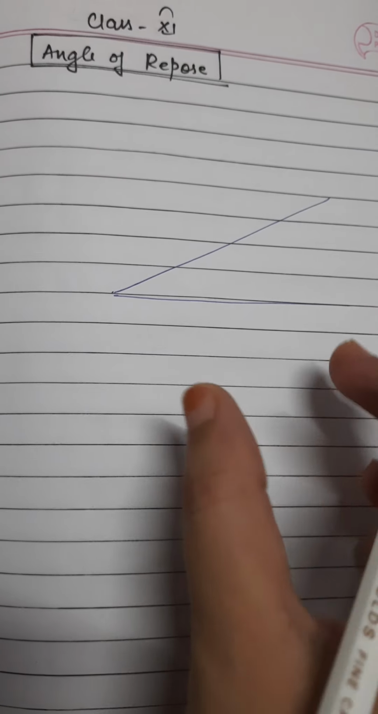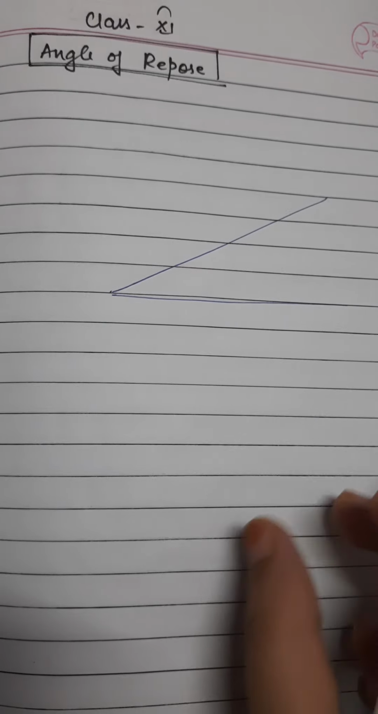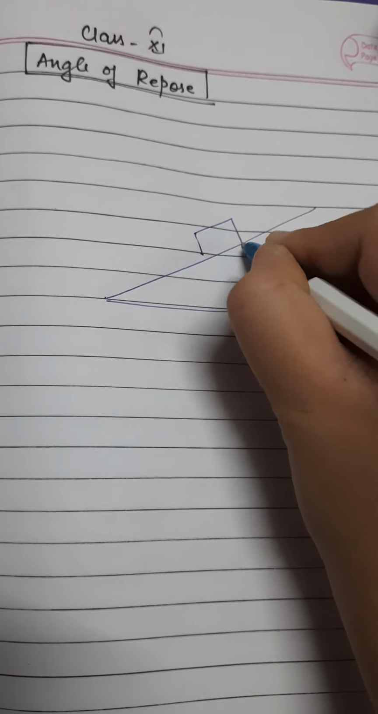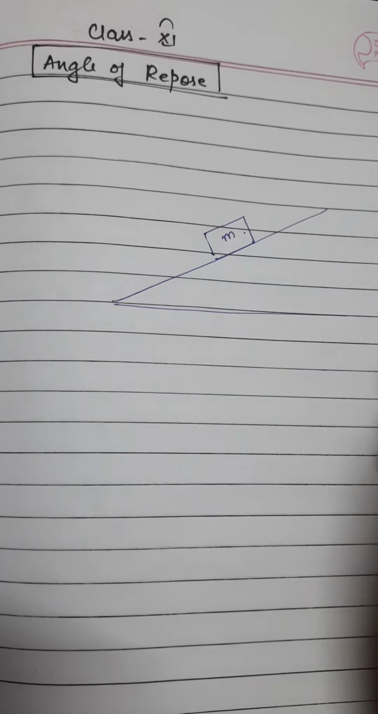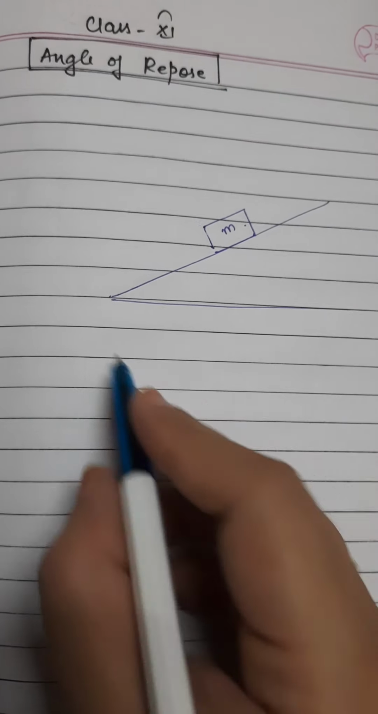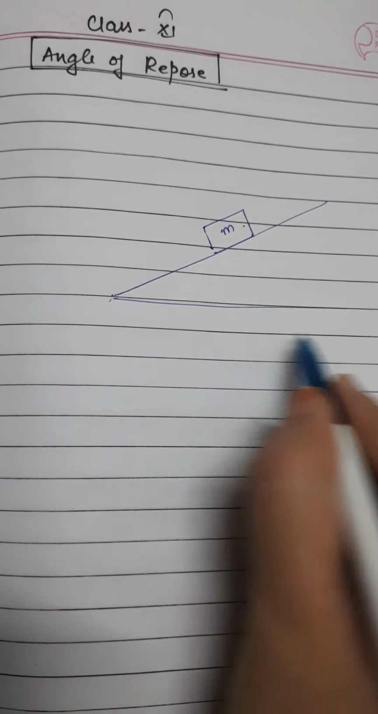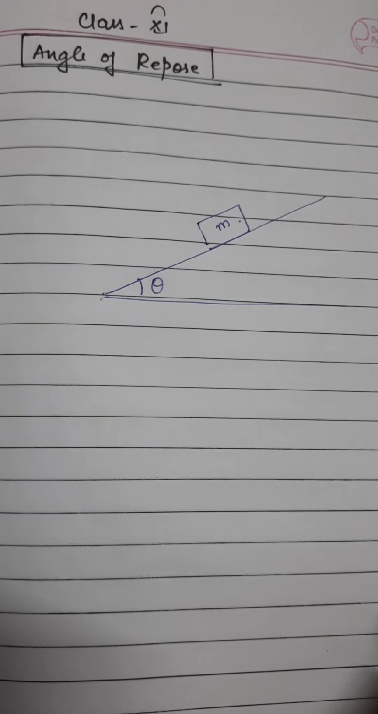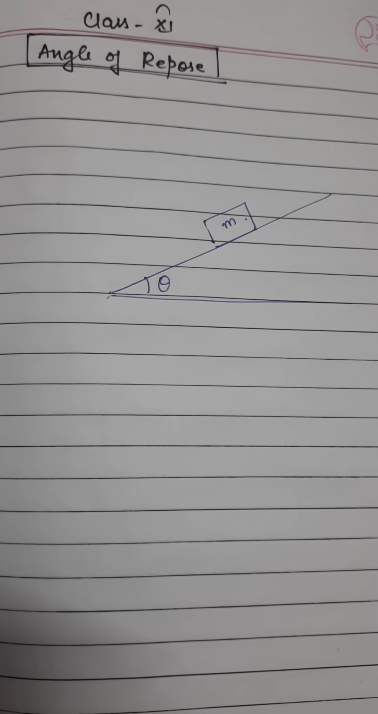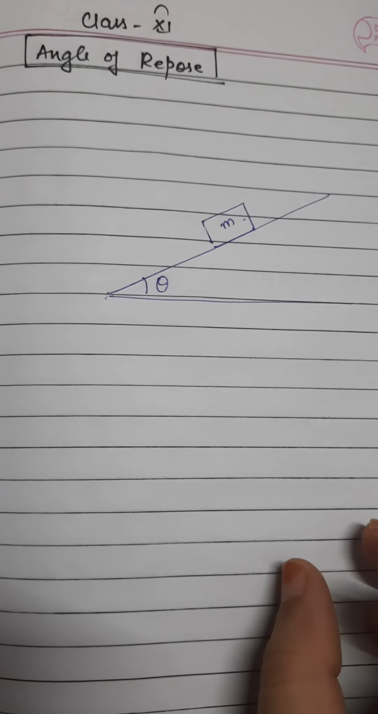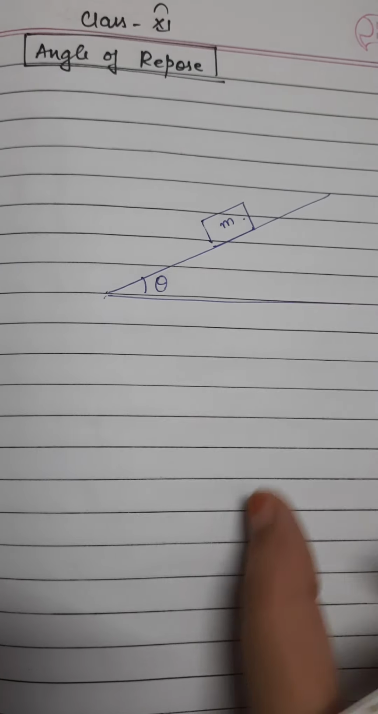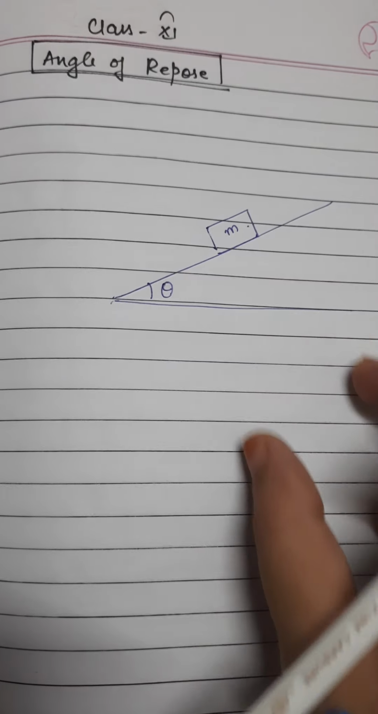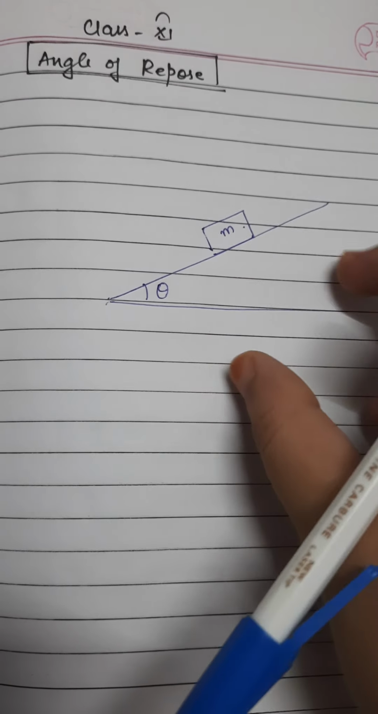Such that a body which is placed on the plane just begins to slide down the incline. Suppose this is the body of mass m which is kept on the inclined plane, and the inclined plane is inclined with the horizontal at a certain angle. Suppose I am naming this angle theta. So this angle theta is called the angle of repose or angle of sliding, such that if we keep a body of mass m on the inclined plane,